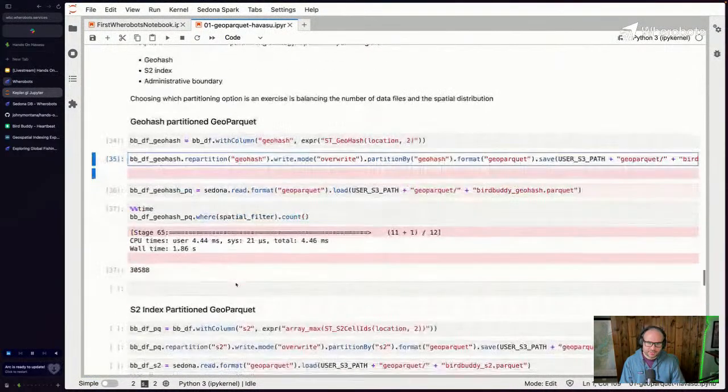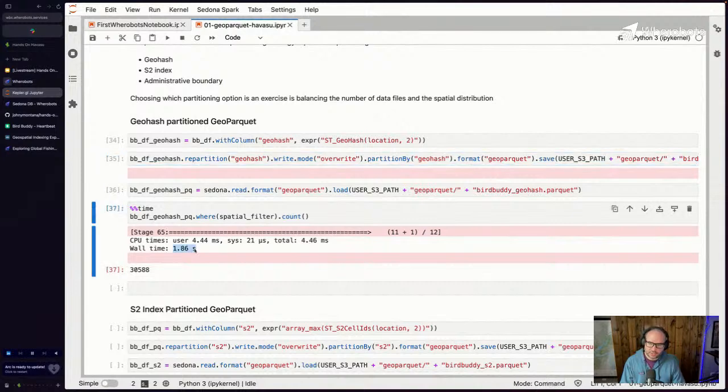And if we look at the performance of that, so here we're loading and applying that same spatial filter to find observations within that area near Phoenix, we do see a noticeable difference here, 1.86 seconds. And the reason for that is the Sedona GeoParquet reader is able to exclude any GeoParquet files where the bounding